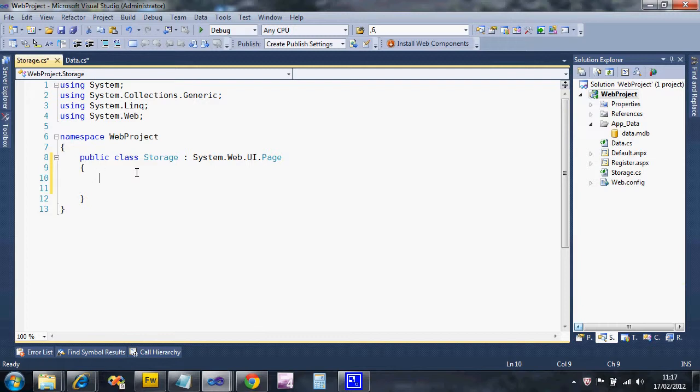Now we're going to store all our information ultimately in what we call session variables, and these are just values that the web server can persist. Okay, but we're going to give a nice easy way, using class properties, to access these, to set and retrieve values from them. Now if you've looked at the template, you'll see examples of this, but I'm doing this from scratch. So I'm going to create a property, and it's going to be a public property, public static,